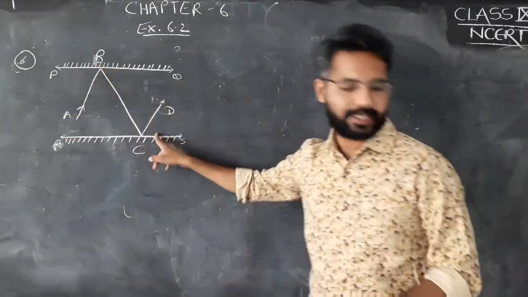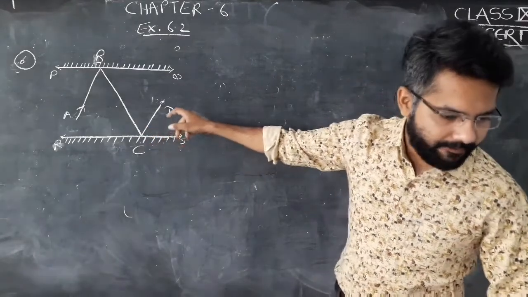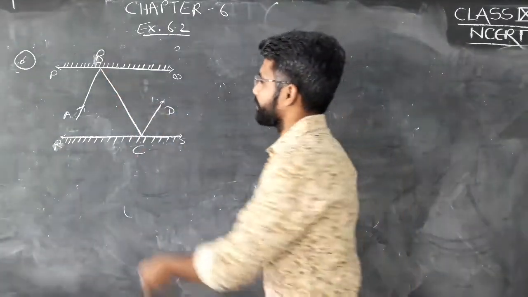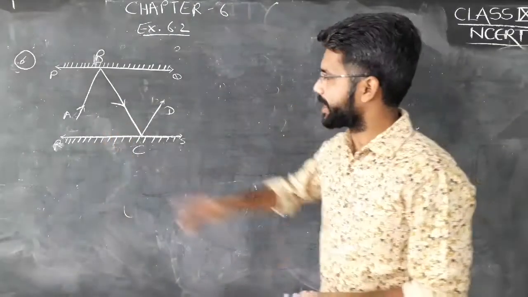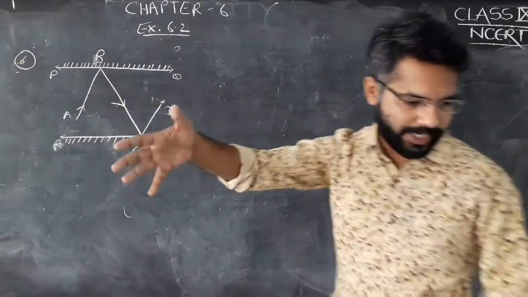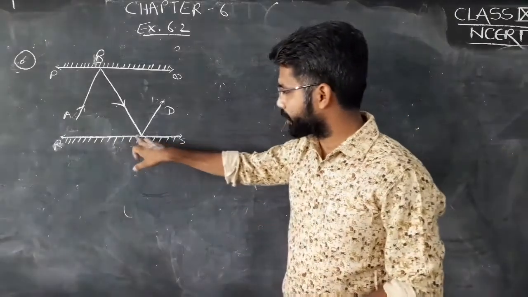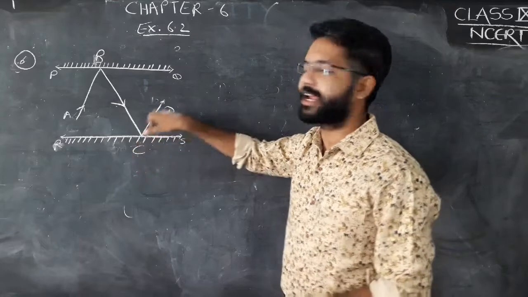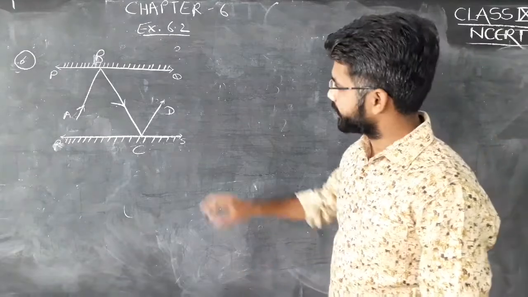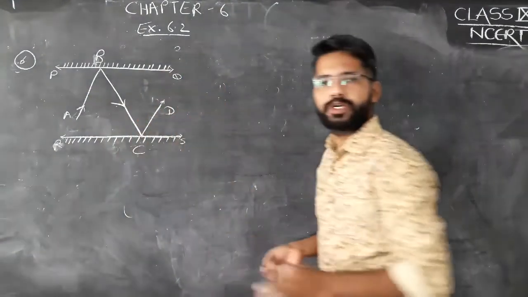Then it will be reflected. Further they have given, at B the reflected ray moves along the path BC. From B, the reflected ray will move along the path BC. Means it starts from A, strikes at B, and from B reflects in the direction of BC. Further they have given, it strikes the mirror RS at C. Again it will be reflected, and then reflects back along CD. Prove that AB is parallel to CD. We have to prove AB parallel to CD.